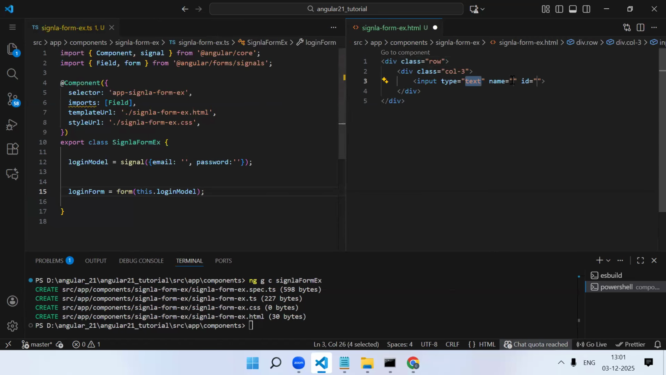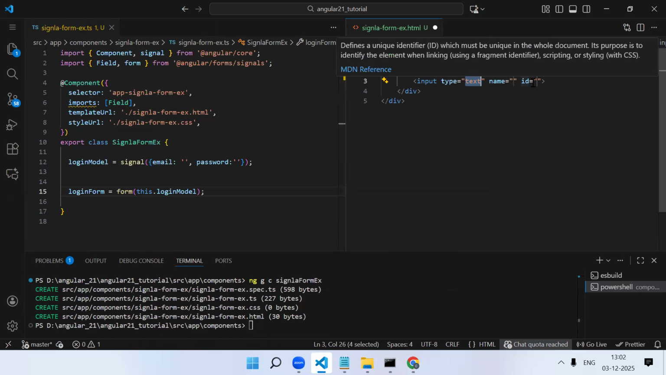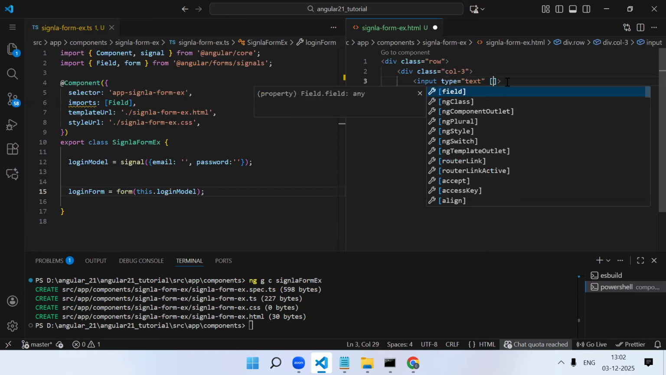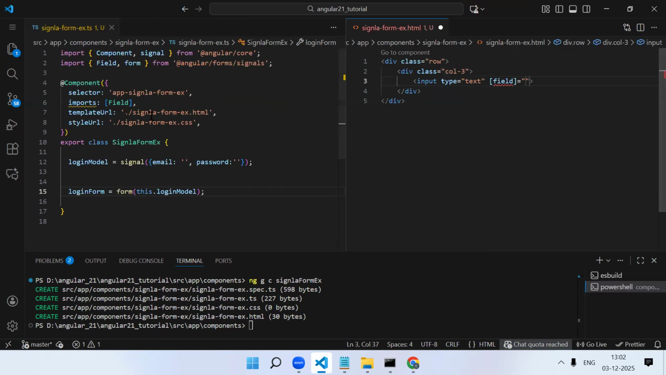Fine. So this was your signal. Now, in reactive form, how do we bind the specific control to the specific input element? Similar to that. In reactive form, we bind it with formControlName, right? Here you just need to use square bracket field. That's why we imported this. Field, and what will you bind? The specific control name. So login form